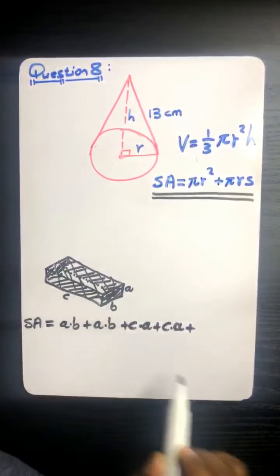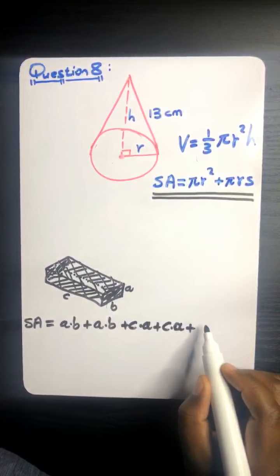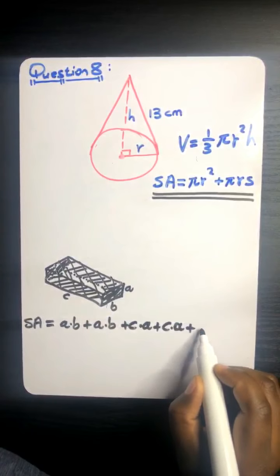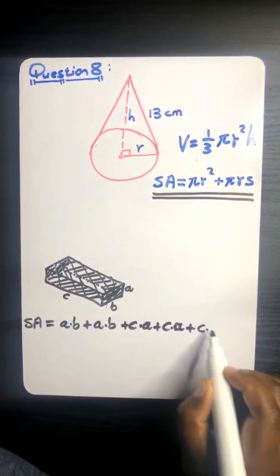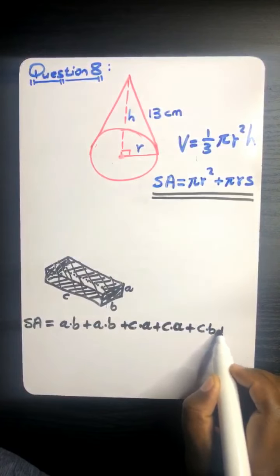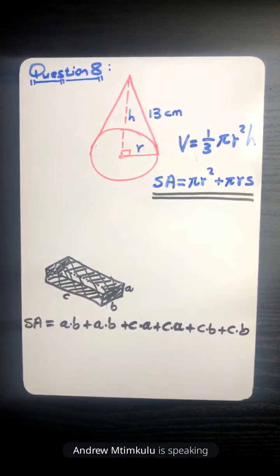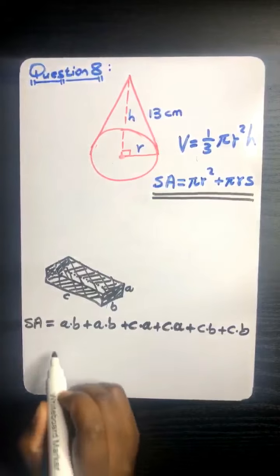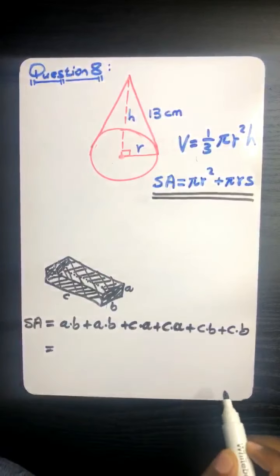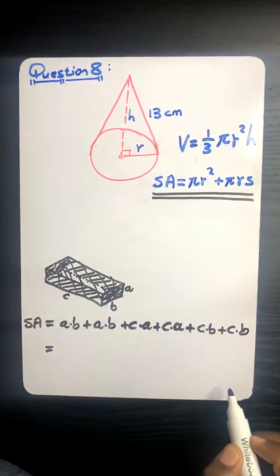Okay, let's now try to do these ones at the top and also at the bottom. Let's see, what is it going to be, guys? Do you guys agree that it is actually going to be C multiplied by B plus C multiplied by B? Are we together up to this point? Okay, 100%. So I'm just trying to train you guys on how you determine the surface area of